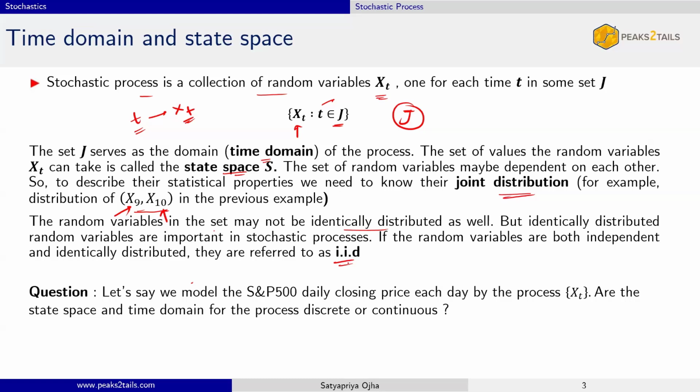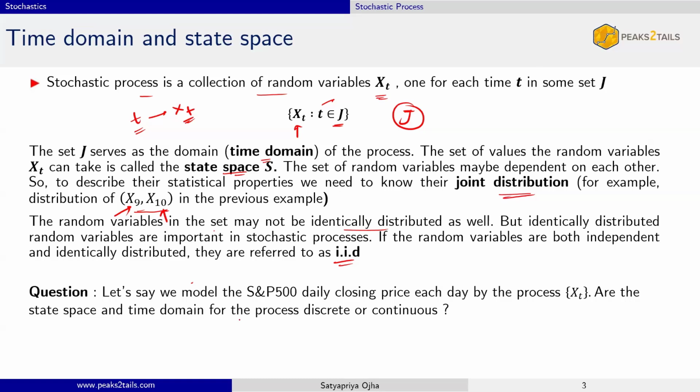So this is probably known to you. We use it all the time, and IID is a very important assumption. It makes life simpler. That's all. Okay. So if the random variables are coming from identical distribution and they are independent, it is called IID. Okay. So yeah, let's do one.